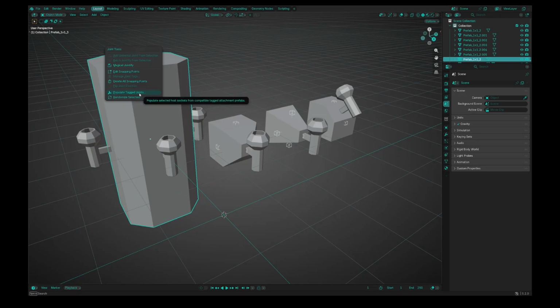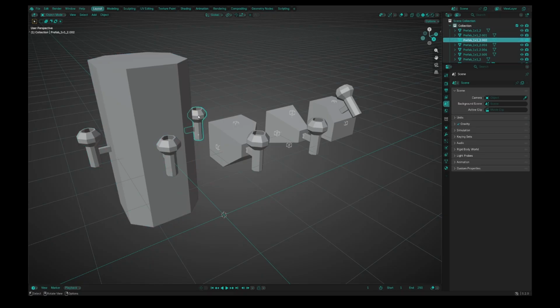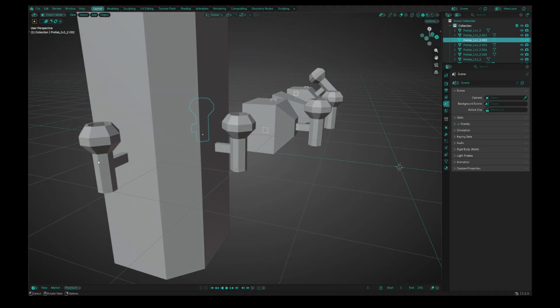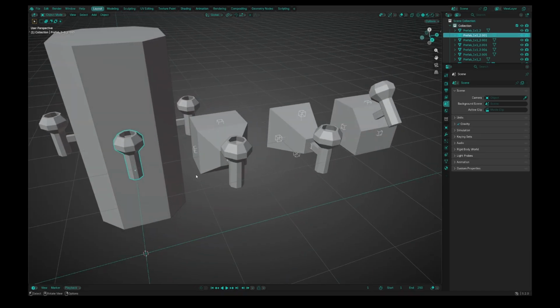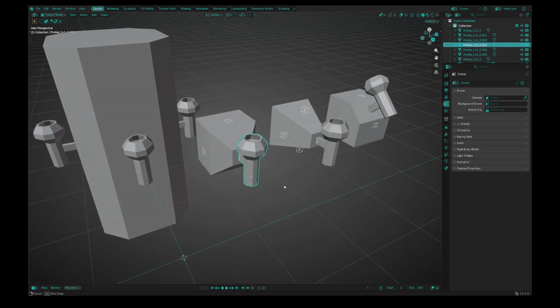You select populate tag joints, and it's just going to fill all those snapping points exactly as you designed it with objects. And they use the rotation of the snapping points,